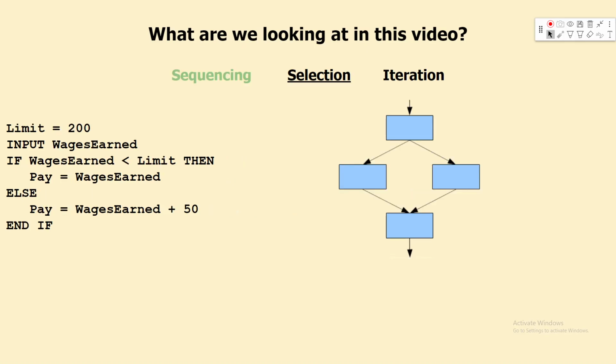The next programming construct we've got is selection. Again, on the left hand side, we've got some code, and on the right hand side, we've got a simple flowchart. What selection is all about is selecting something based on a condition. So for example here, if we look at this third line of code, if wages earned less than limit, then do something. That's how we're using selection. So what we're doing is we're using selection to either select one thing to do